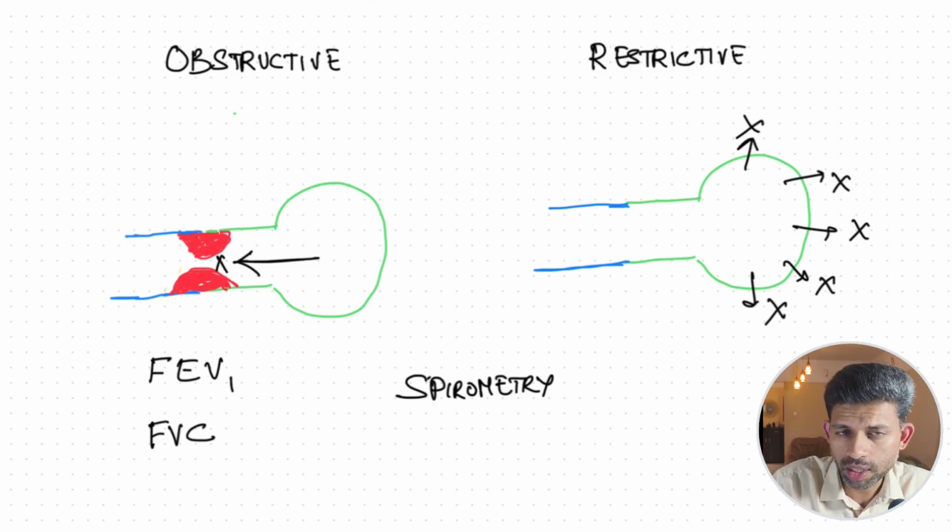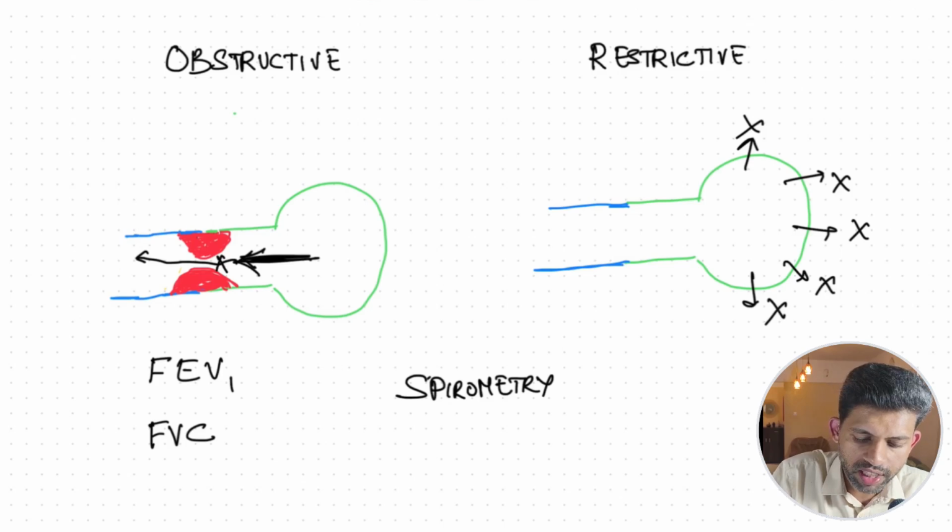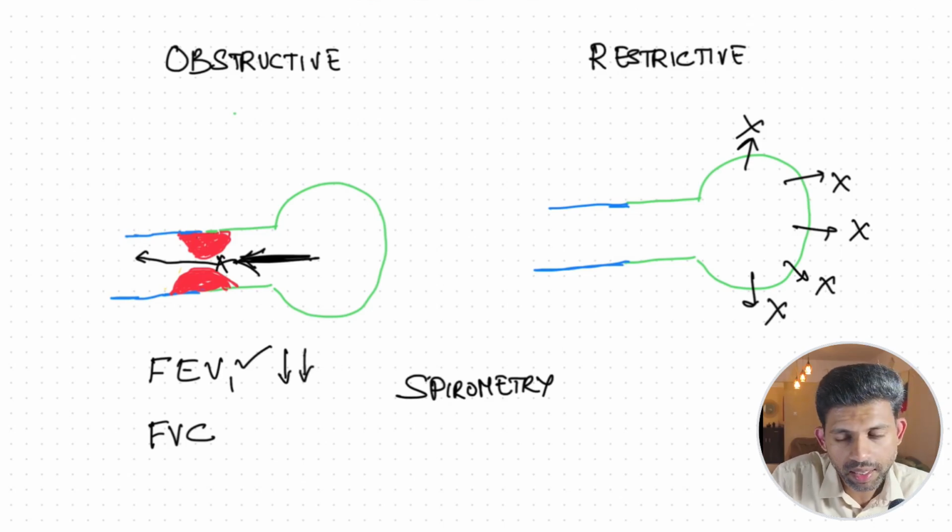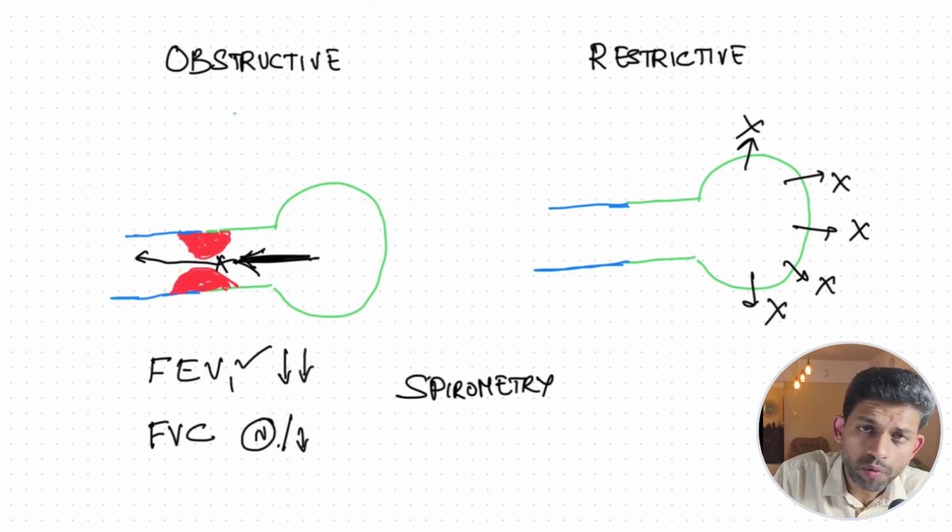Spirometry can differentiate both conditions. Imagine what will happen to forced expiratory volume in the first second, FEV1, and forced vital capacity. In obstructive lung disease, since there is an obstruction, the patient can only slowly push out the air. So, forced expiratory volume in the first second, or FEV1, significantly reduces, while forced vital capacity is more or less normal or maybe mildly reduced,